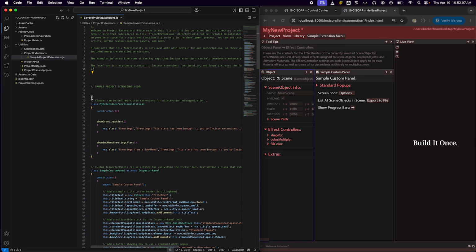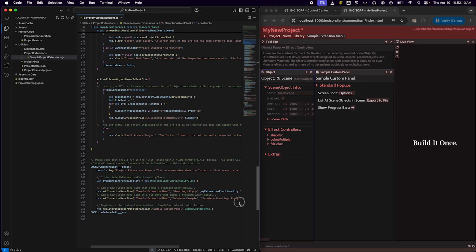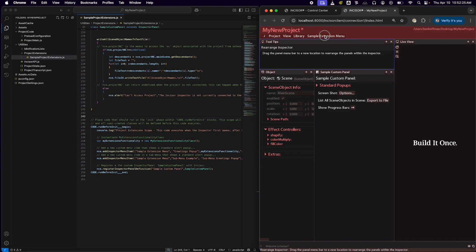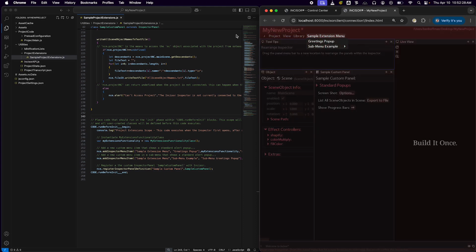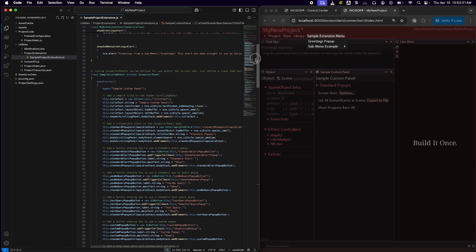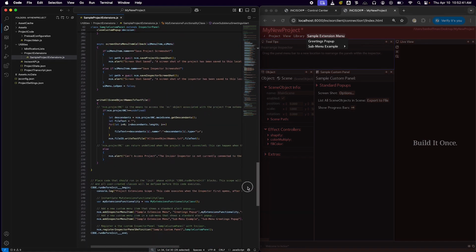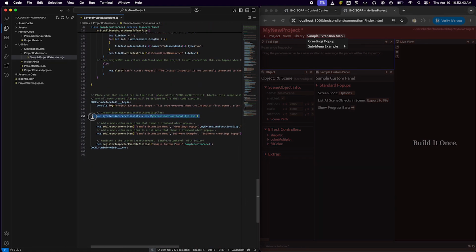Class definitions should go in the main part of the script, while runtime commands are placed within the run before init section, which is marked by the code properties run before init begin and run before init end. One of the easiest ways to add accessible extensions to the Incisor inspector is by adding menu-triggered function calls. The menu examples in the sample project extensions file define a class called myExtensionsFunctionality class, which contains two member functions. Then, within the run before init section, an instance of the myExtensionsFunctionality class is created, and its member functions are added as menu item callbacks using